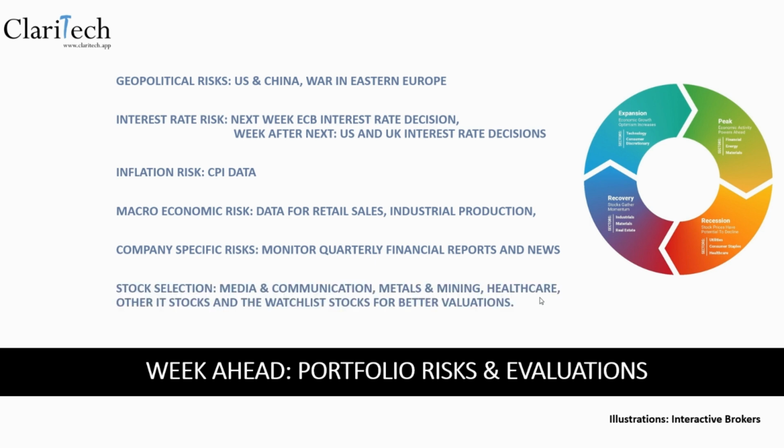And finally, in terms of stock selection, what are the stocks or sectors I'm going to look at? On the right here is an illustration that I saw at an Interactive Brokers website, and this basically talks about the various sectors that tend to do well during various business cycles, such as in recession. Generally,